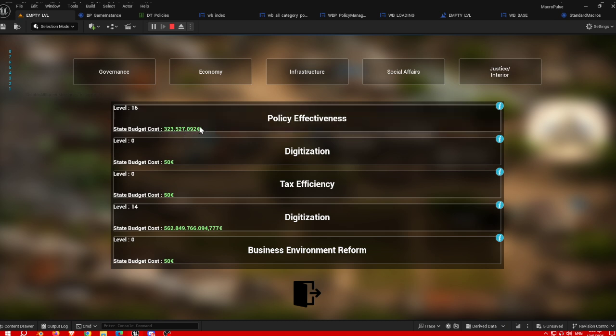Also, the other thing, you see powers here. I thought about adding powers, but instead of doing powers in this way, I thought about doing it in a way that is kind of different. So we could do it with an enum. We could do it with some other way. Very procedural. Instead of just requiring this type of state budget cost, we could make it so that it requires not only just this, but also political power. So you gotta upgrade maybe first your political power, you know, and then we gotta connect again the wires and